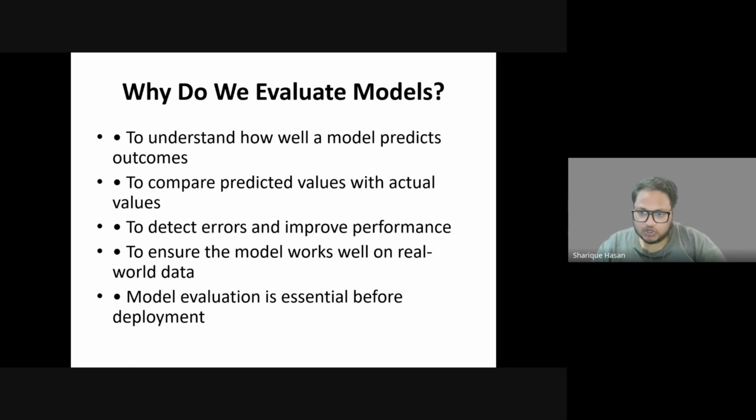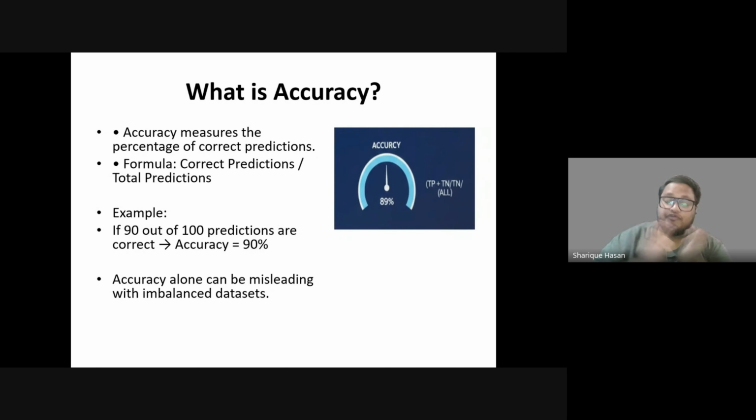You're going to test your model before deploying it, to check whether it is predicting things correctly or not. Because after deployment it is very tough to redo the whole thing. It will take a lot of time and a lot of cost also, so the time complexity will be high. So it is not a good move. So first we have to analyze and check whether our model is predicting things correctly or not. Then we're going to move further with it. So I think it is clear to you all. Let's move on to the next slide, which is